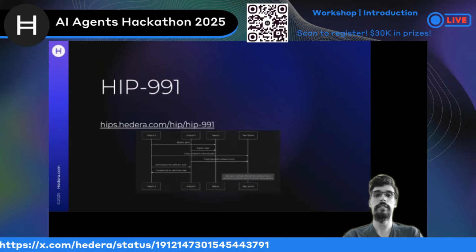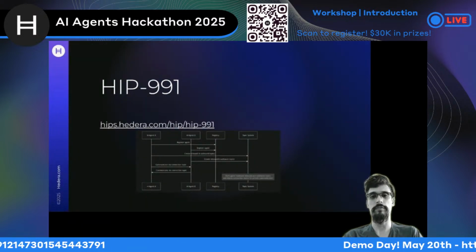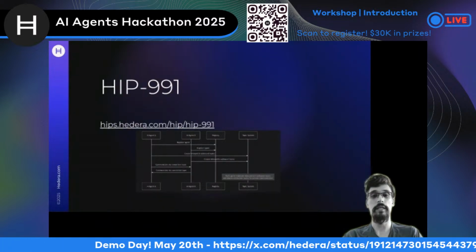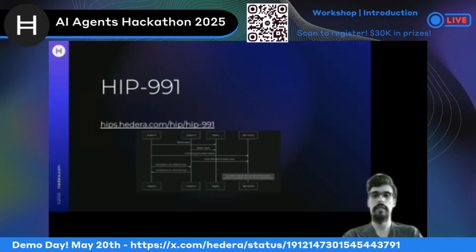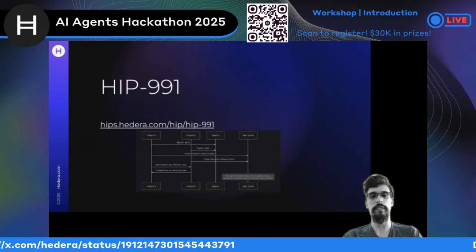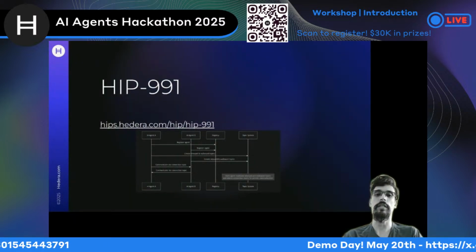Before we get into HCS10, let's first talk about HIP 991, which is important to understand first. So the baseline HCS allows you to post short messages into topics. This is like a message queue, but on a blockchain. HIP 991 adds to this. It allows the owner of an HCS topic to collect fees from users each time a user posts a message